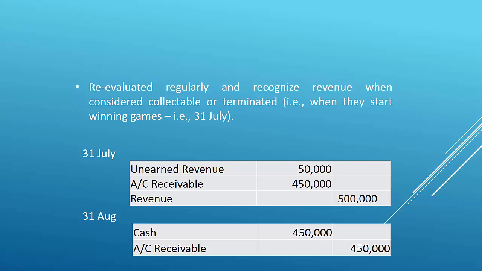Of course, on the 31st of August, you'd then recognise the receipt of that payment. There would be no revenue because it's already been recognised. Now, that might seem a little bit of a problematic approach to recognising revenue, but it's a lot simpler than all of the other approaches which would be necessary if you tried to recognise revenue on the 15th of January. If you recognise revenue on the 15th of January, what would you recognise as the cost of goods sold? Would you start to